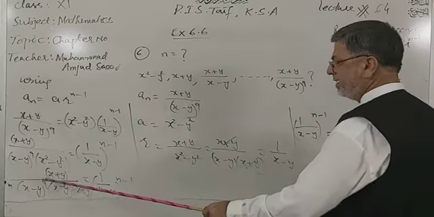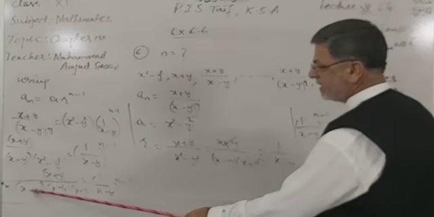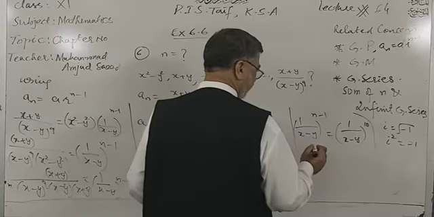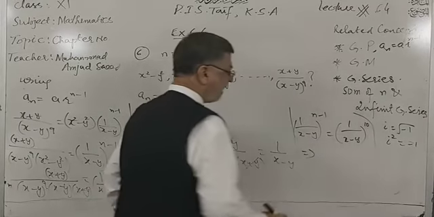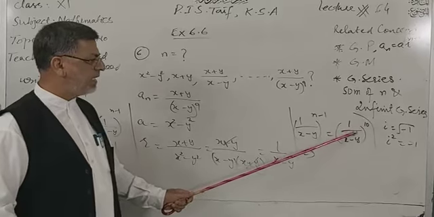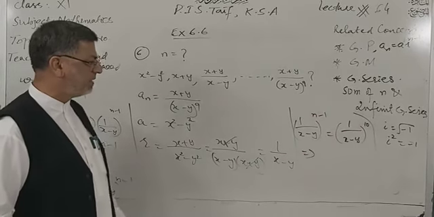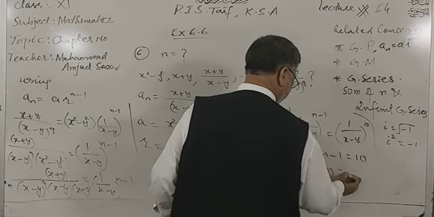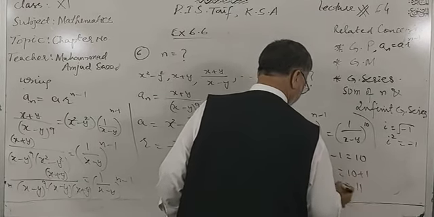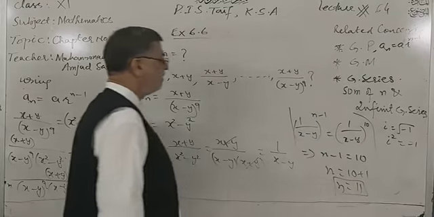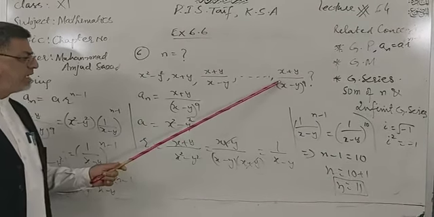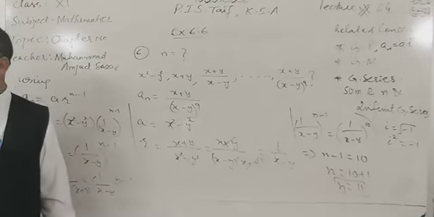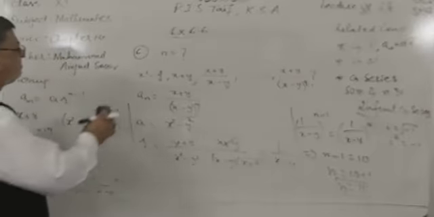This power is 9, this power is 1. If the bases are same, powers are added and subtracted. So here we have base is equal to base, power is equal to power. So comparing, we get n minus 1 is equal to 10 and n is equal to 11. So this is your answer. Dear students, this is the answer of your 11th term. I hope that you got the idea.